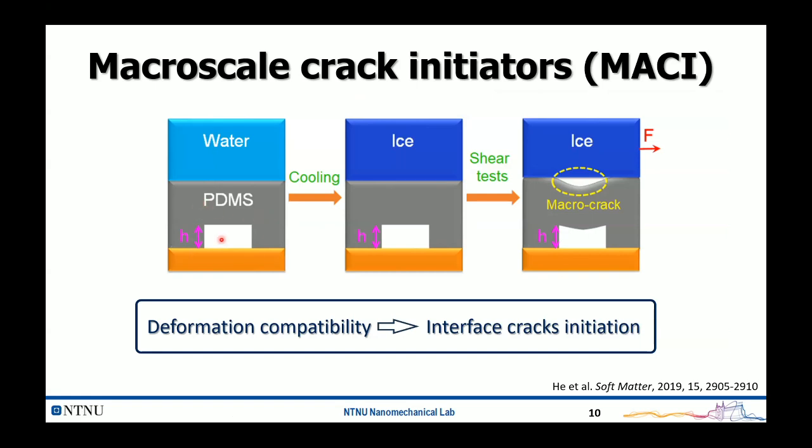And if we zoom in a little bit on the MASI, we have just one unit volume with this subsurface macrostructure. And we have water here, and when the ice forms at a low temperature and we try to remove the ice, we create this kind of V-shaped surface deformation, and it creates these interface cracks. And I don't have only a single crack, I probably have multiple crack initiation sites. So in total, I maximize the interface crack length and reduce the interface adhesion. So this is our design principle.